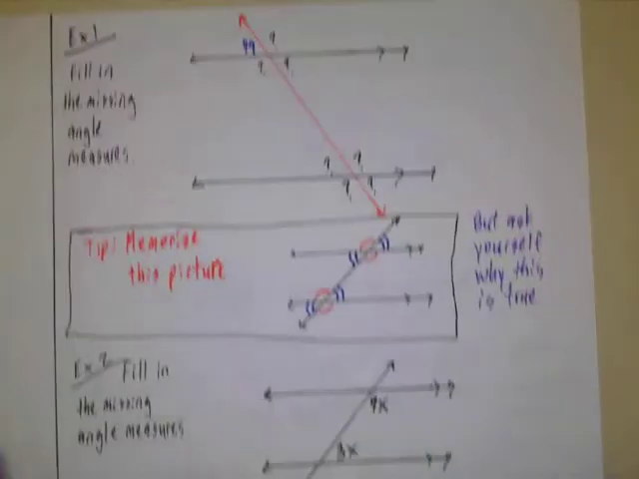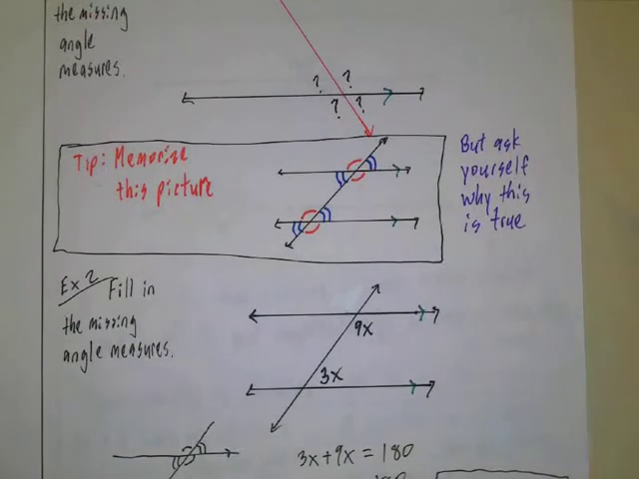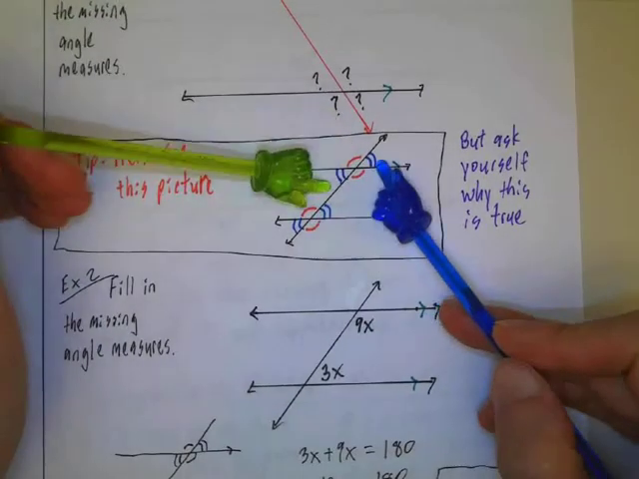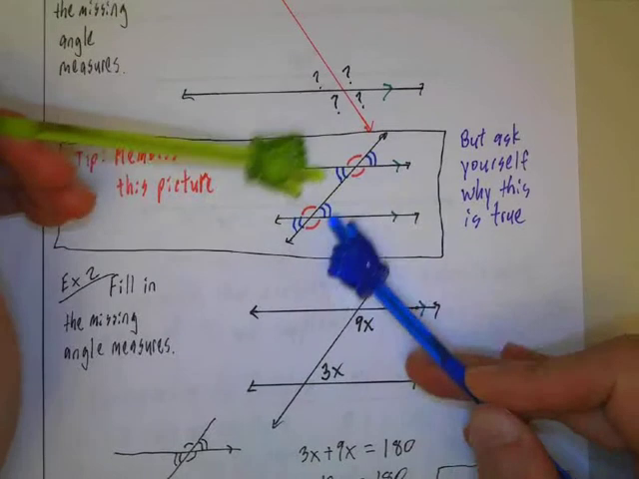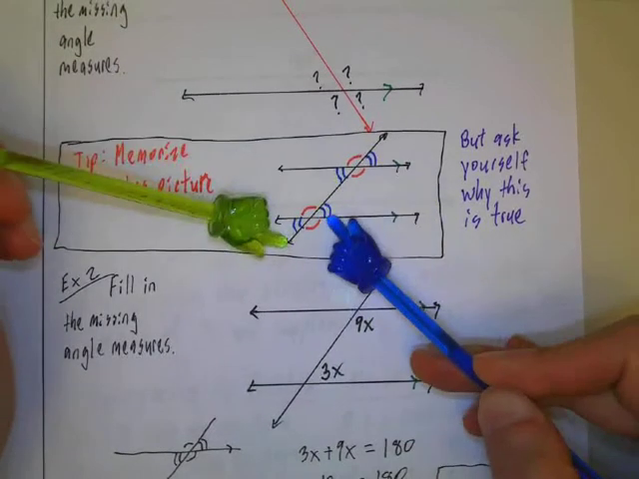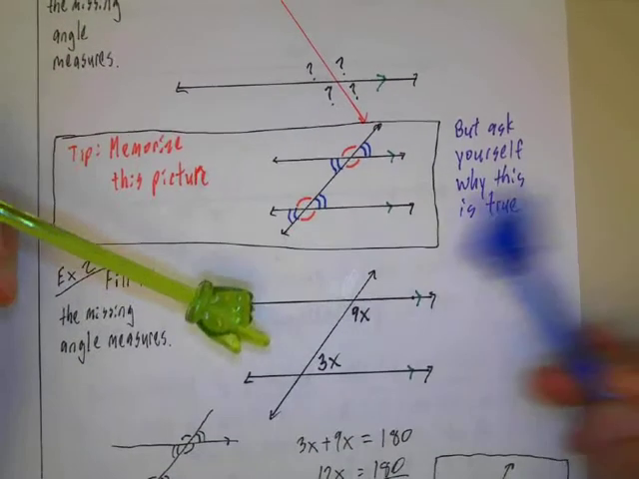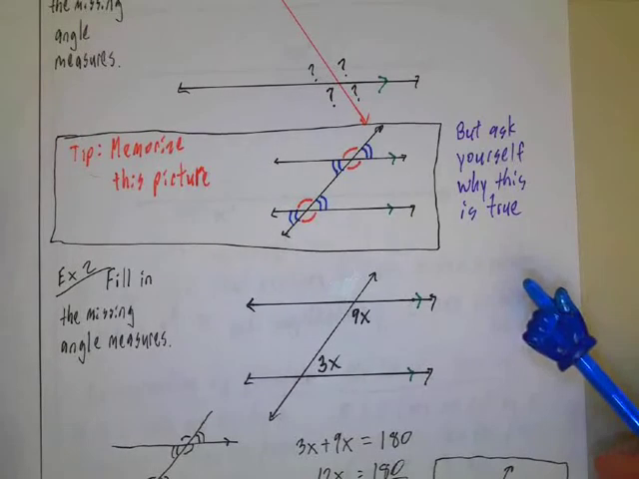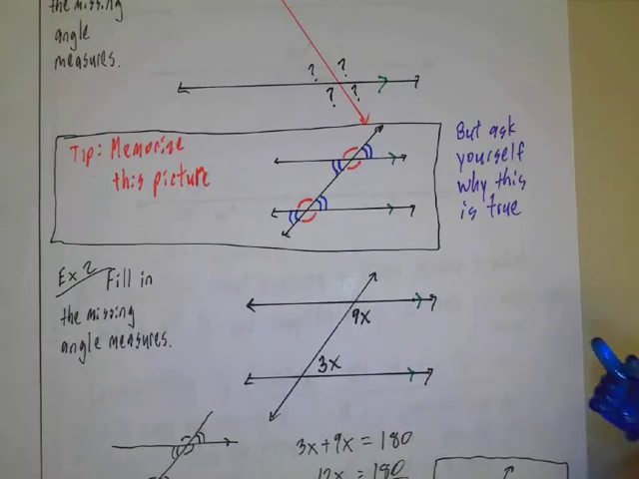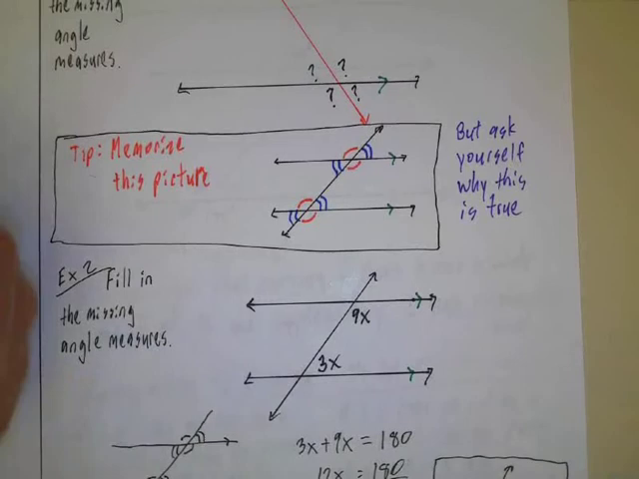Alright, we did some examples. I also said, hey, you know what? Try and remember this picture that shows these 4 angles are the same and these 4 blue angles are the same. But ask yourself, why is this true? Alright, so you just don't want to memorize a picture and be a robot. You want to think about the properties, the theorems, the postulates, the facts, the evidence, and then think about what